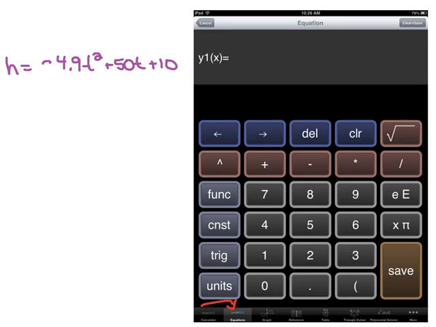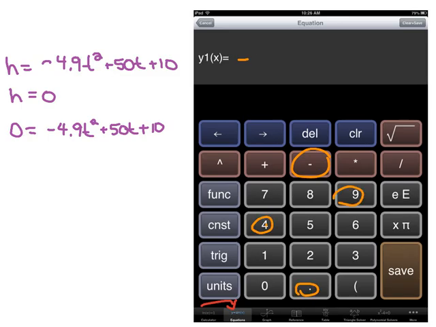So we want to find when the projectile hits the ground. So we know that h is going to equal 0. So we want to find negative 4.9 t squared plus 50t plus 10. Now for this, we don't have t's, we're just going to use x's. So when we type this into our calculator, we want to graph it, and then from the graph, we're going to find our answer. So we're going to type in negative